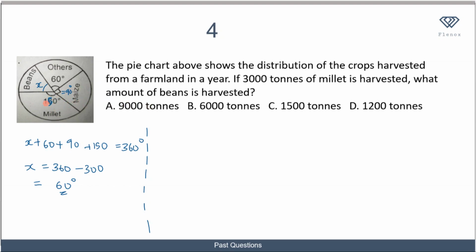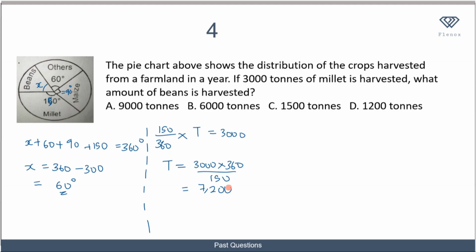So to calculate the number of tons of millet that is harvested, I know that when I have 150 over 360 times the total number that was harvested, I got 3,000, which represented the number of tons of millet that was harvested. So T, which represents the total number of tons that is being harvested, will be equals to 3,000 times 360 over 150, and that is equals to